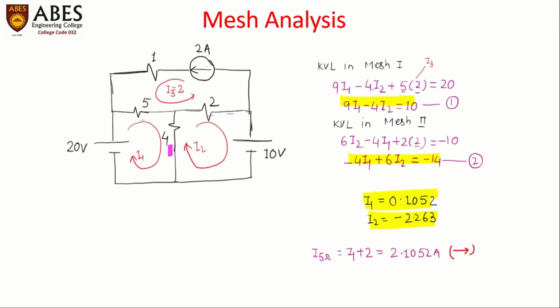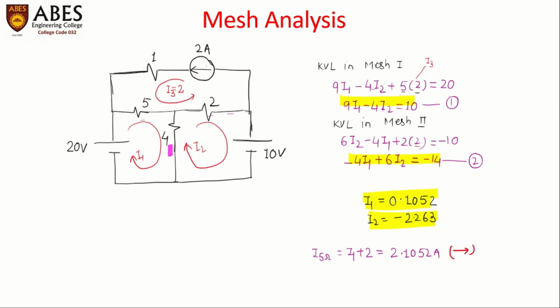The 2 ampere current source appears in the outer branch of a particular mesh. Again, we will apply mesh analysis to find the solution of this circuit. After finding the solution, we can give the value of current in any particular element or branch